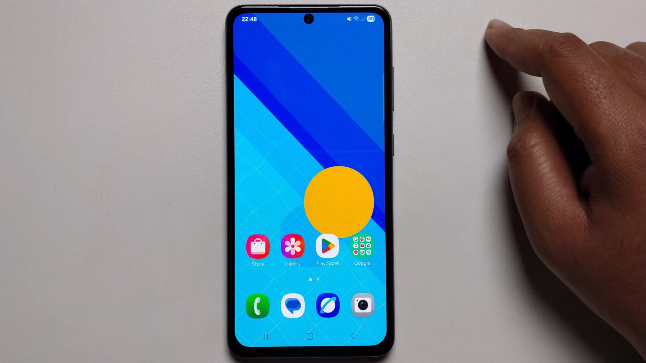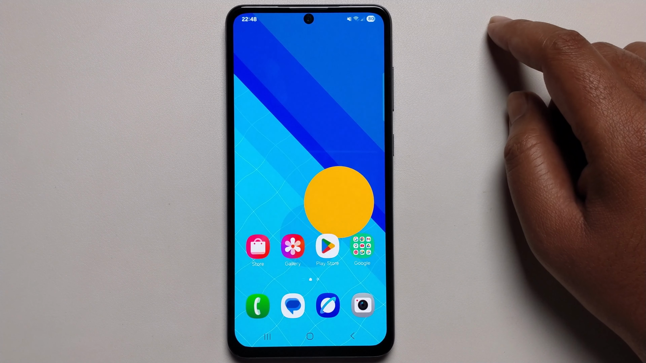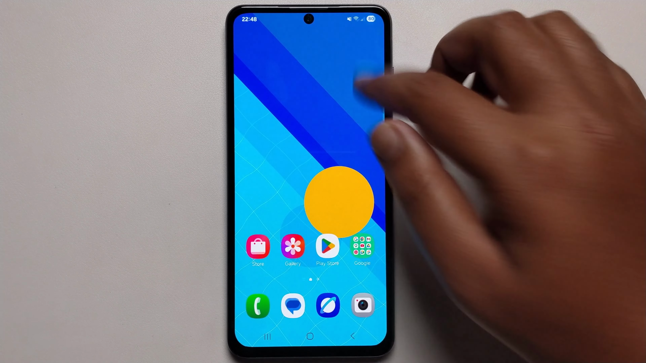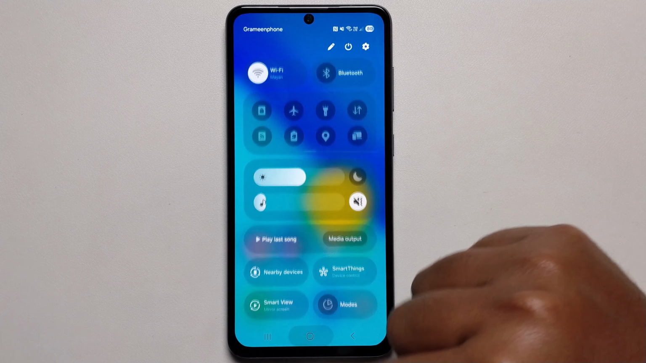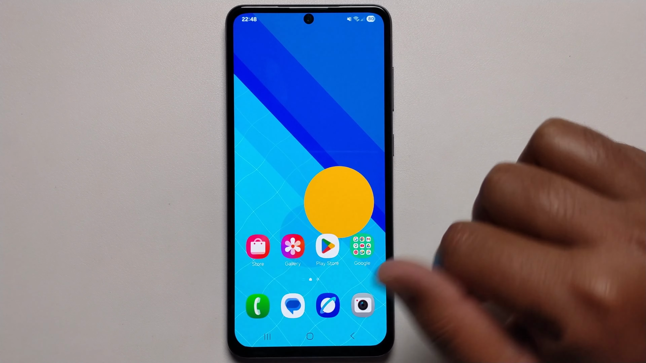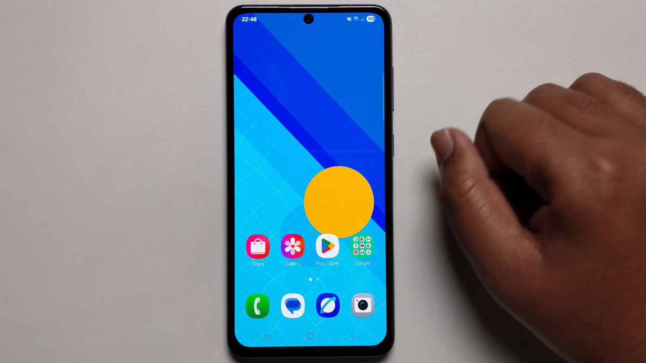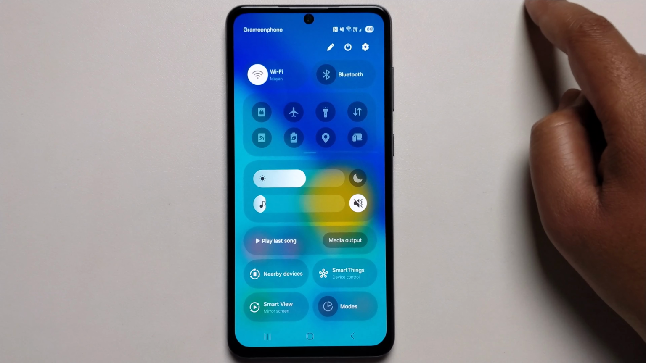Hey everyone, today I'm going to show you how to screen record on your Samsung phone if you're missing this option. So don't be upset, I'll show you how you can easily get the screen record option back. So simply go to your control center,